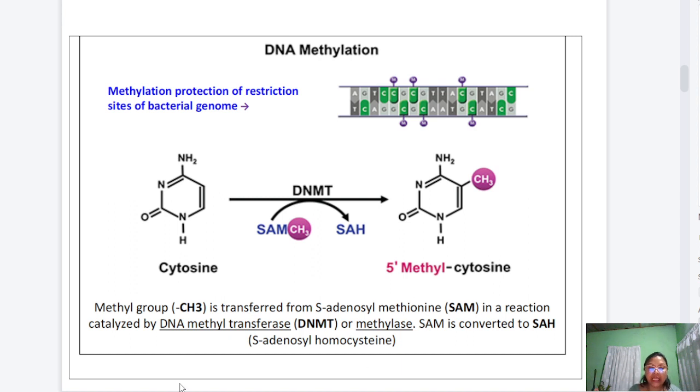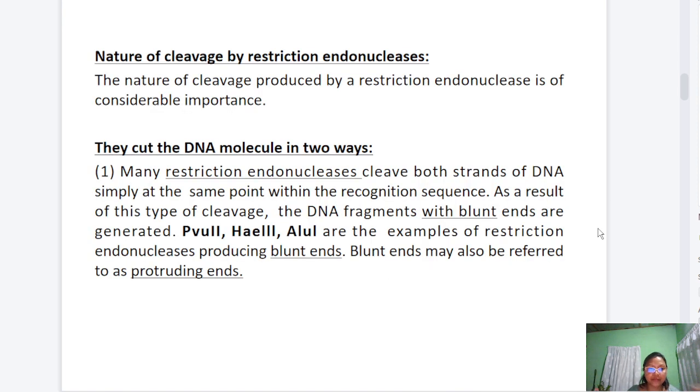Okay, and as you can see, who donates this methyl group? It is the S-adenosyl methionine, which is a donor of the methyl group. So from SAM, it gets converted to SAH, that is S-adenosyl homocysteine. I think this figure is very clear and it's telling us a clear picture of how methylation is taking place. Next,